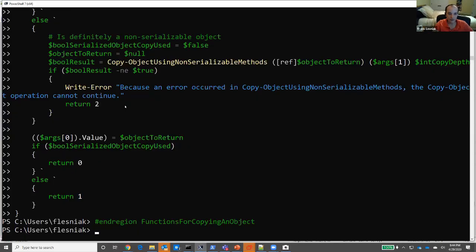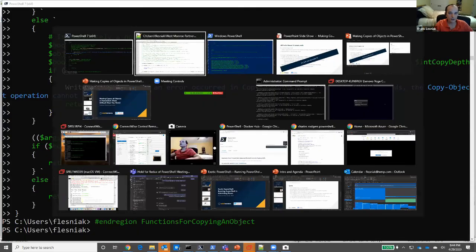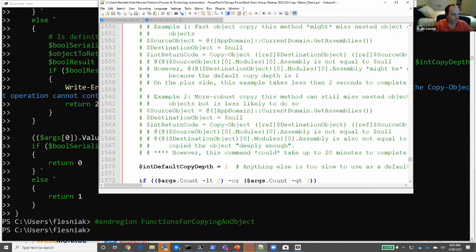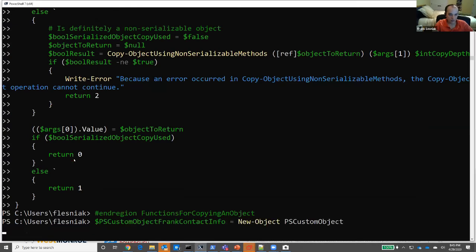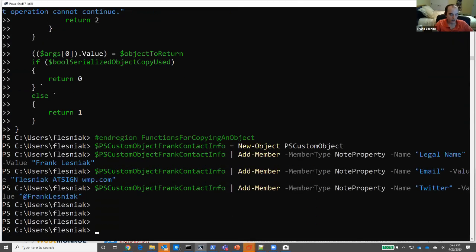Let's see if that's done. Yes, it is. Okay, great. So I'm going to move my cheat sheet off over here, and one second. Let me just get the code to paste it in. So here is that Frank Lesniak object recreated, and I'm going to